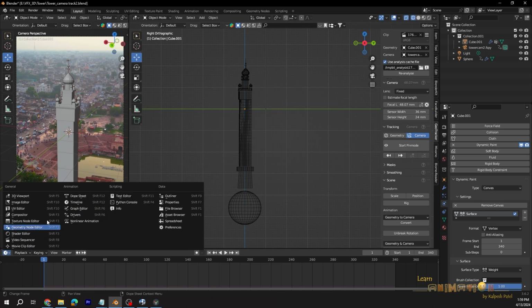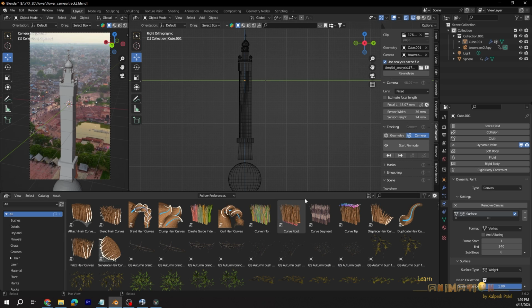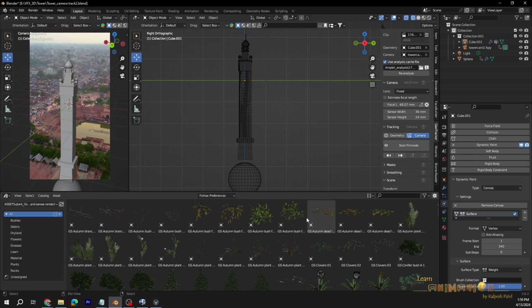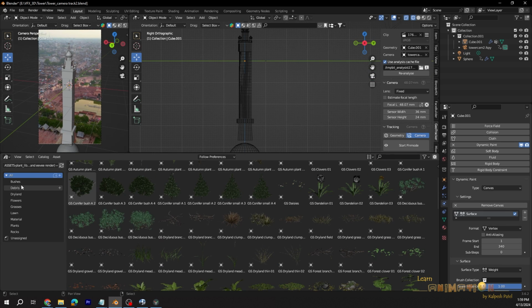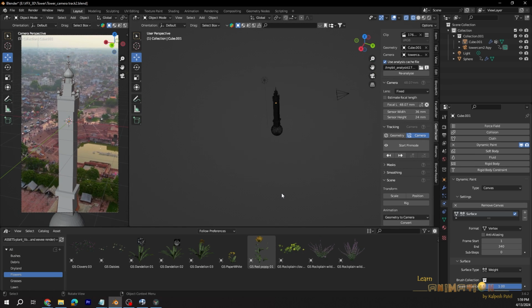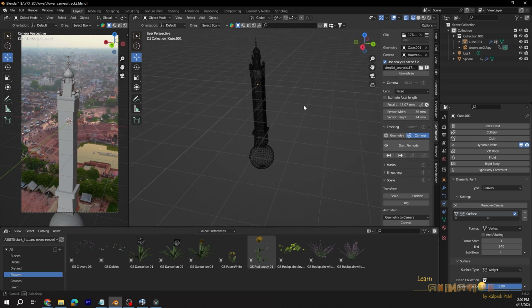So just go to the asset browser. After installing Biome Reader, the plant library, you can see the plants, everything, in the asset library here. So here you can go to the plant library and you can find all the plants and the flowers. Just select the flowers, and I am just putting all the flowers onto our floor here.